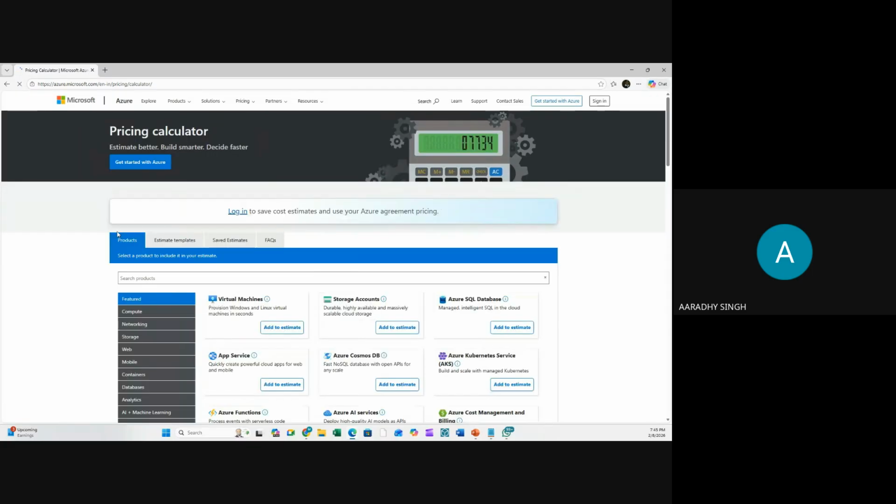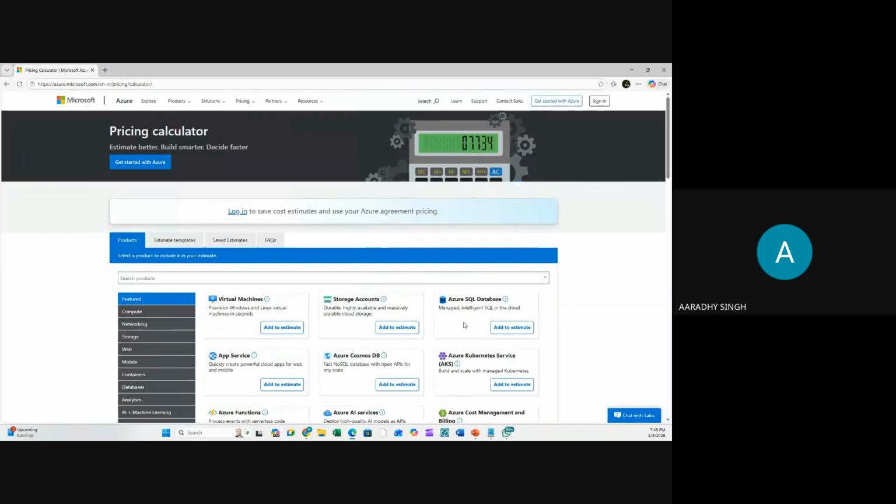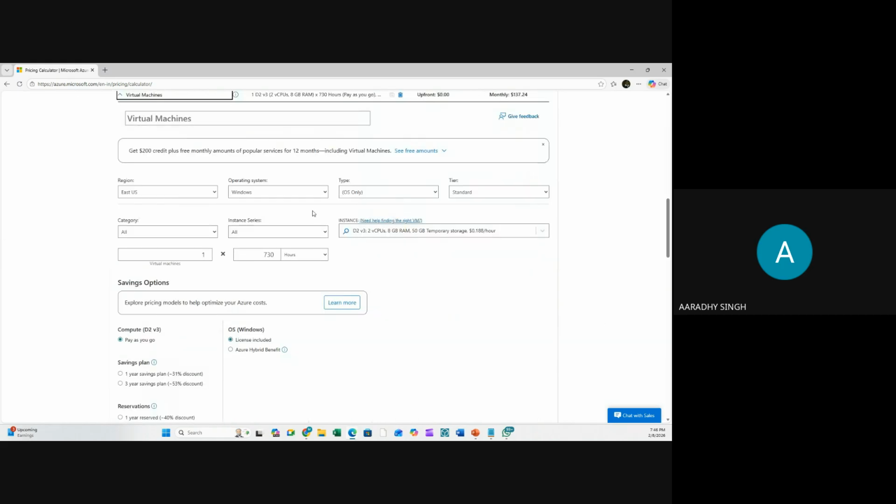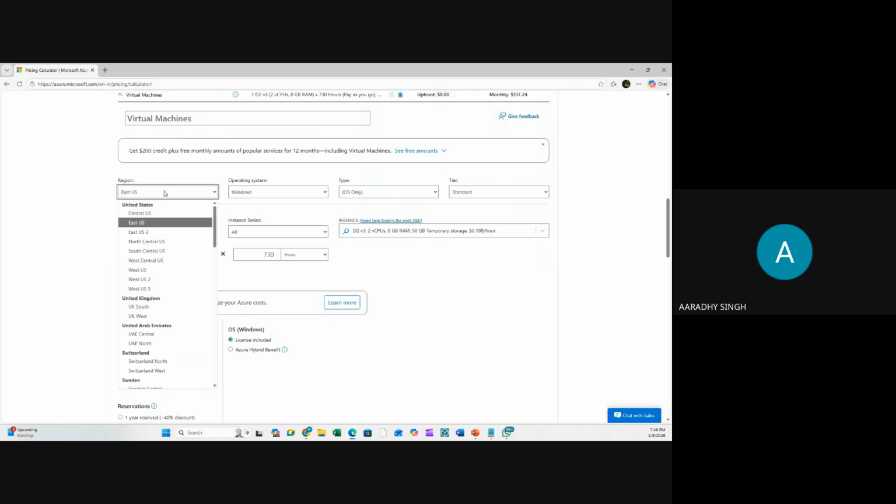Suppose you're working for a customer named Coca-Cola. For Coca-Cola, suppose you, as an architect, or maybe your architect, proposed to set up a call center. In the call center, you're looking for 2 very high configuration servers and 500 low configuration machines. The servers will be with Windows and the client machines will be with Linux. Suppose, guys, I'm going to subscribe 500 machines. My customer is from Coca-Cola India, so my users will be from India. So I'll select India here. Okay, you see here.